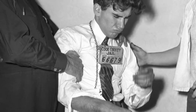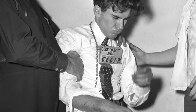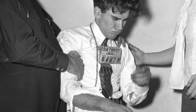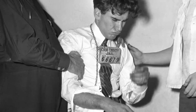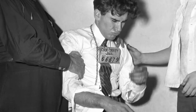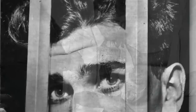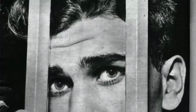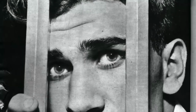The elusive suspect kidnapped a woman and wrote a letter demanding a ransom. The note read, "Get $20,000 ready and wait for word. Do not notify FBI or police. Bills in 5s and 10s." On the back of this note, they found a fingerprint and were able to analyze it. It took the Chicago police almost a year, but on June 26, 1945, they arrested William Heirens in connection with the crimes. At first, he denied any involvement. However, by the 5th day of the interrogation,